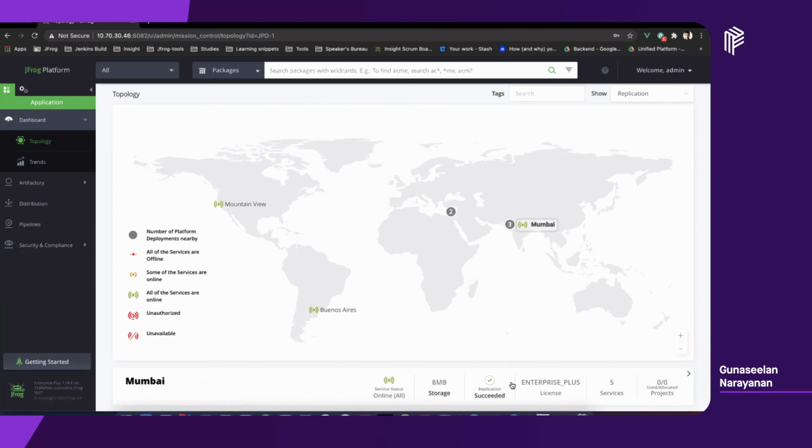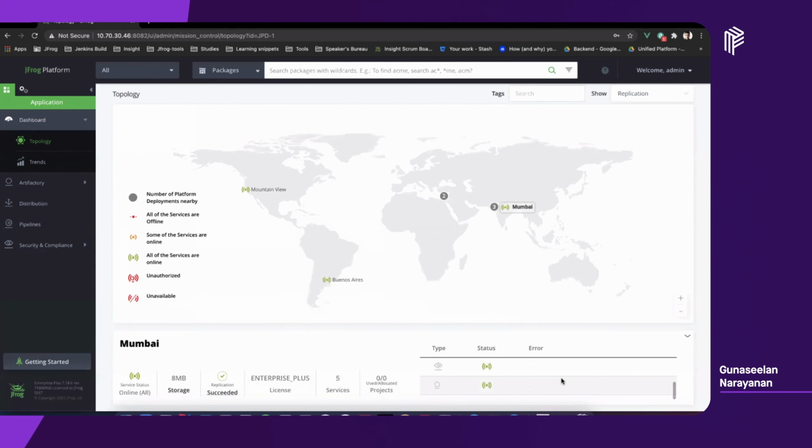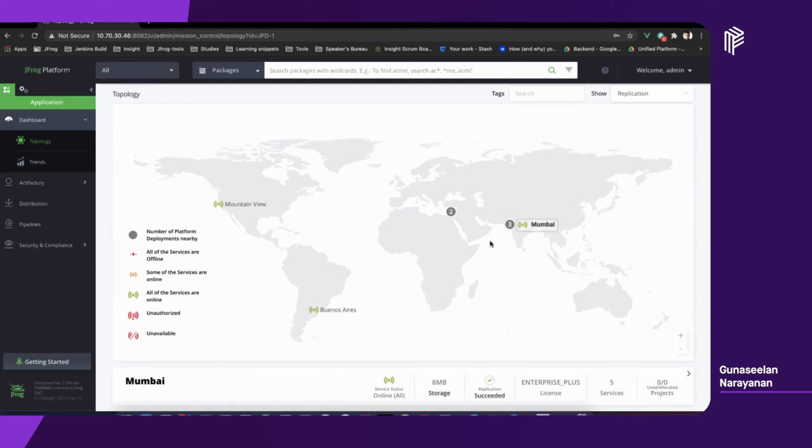replication is the concept of duplicating data from one platform to another. So you can even see that status, and the license and the services points to the other products that JFrog comes up with, right? So let me show you how